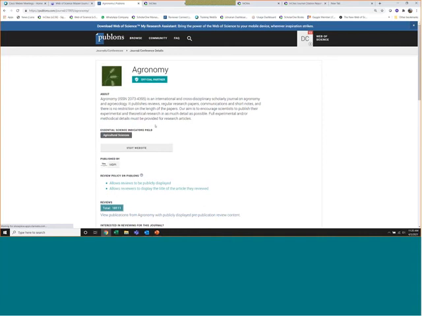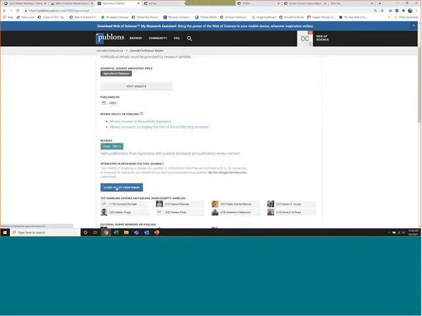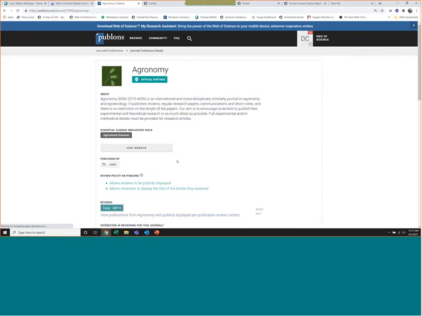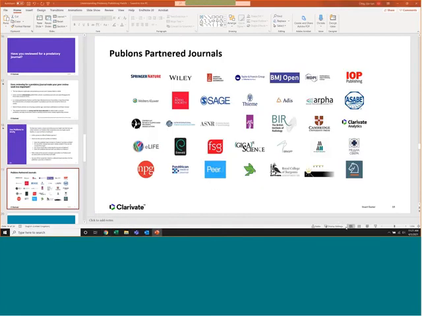If you're interested in reviewing for any of these journals, you can feel free to click to let them know. So this is another way of avoiding predatory journals who ask you to review: just indicate the journals that you are keen to review for by letting them know. So Publons has all these partnered journals. These are just a handful of the big names that we have partnered with: Springer, Sage, Wolters Kluwer, IOP.